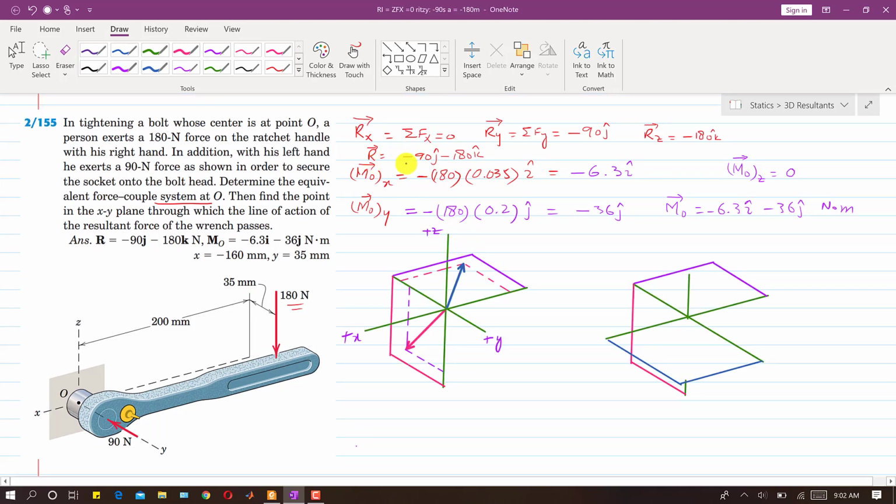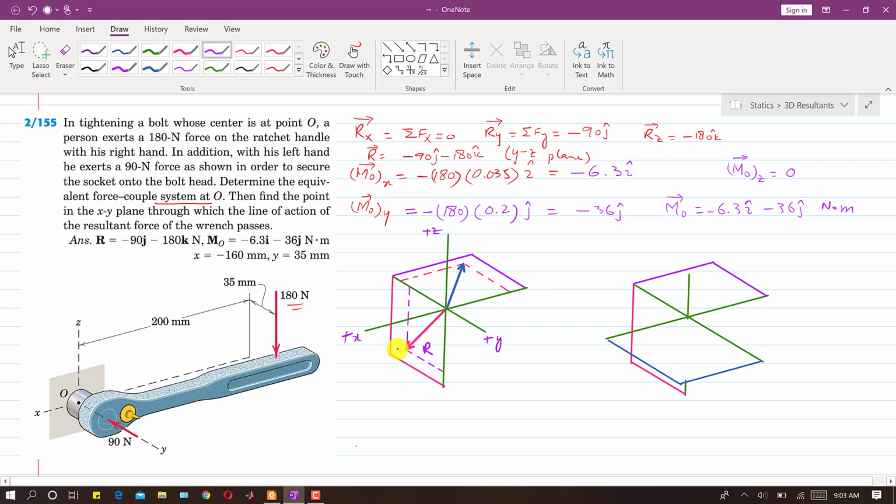Now if you want to represent this resultant and this moment about O in a free body diagram, this is that free body diagram that I have drawn here, right? So this is the positive x, positive y and positive z axis. As we can see from this vector, R has one component along the y axis and one component along the z axis. So this means that the resultant is in the YZ plane, right? So this is the resultant. This pink one is the resultant vector, and it is in the YZ plane.